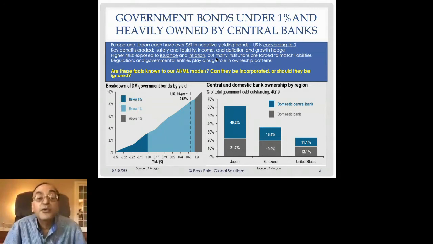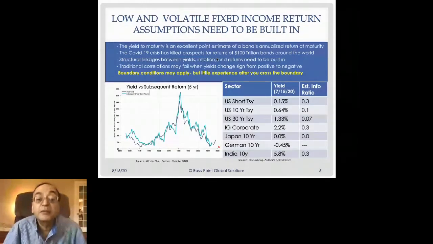Now, we all know that in fixed income, the yield is a really good point estimate of future returns. So on the left-hand side chart, you can see how over the last 100+ years, the yield of a 5-year intermediate government bond index has been an extremely accurate predictor of its return 5 years later. Now, the COVID-19 crisis has actually killed the prospects for returns for the $100 trillion of fixed income bonds around the world. On that same left-hand chart, you can see a little red X at the bottom right of the chart